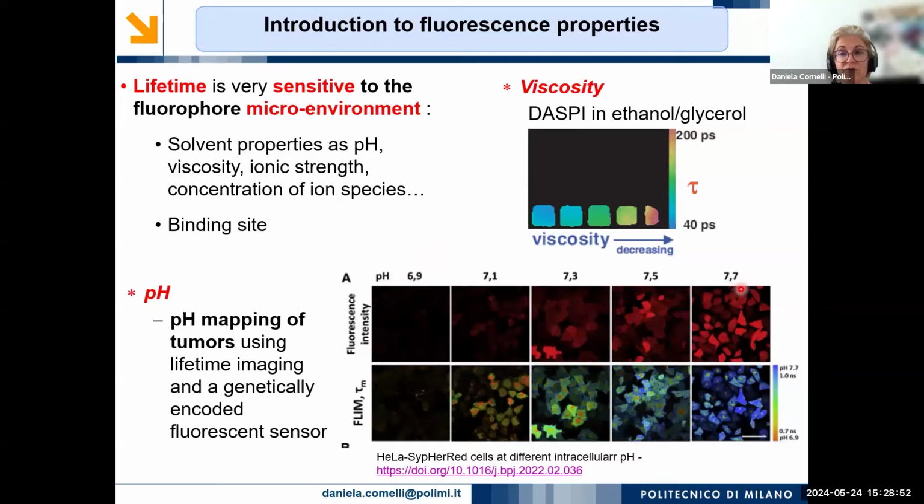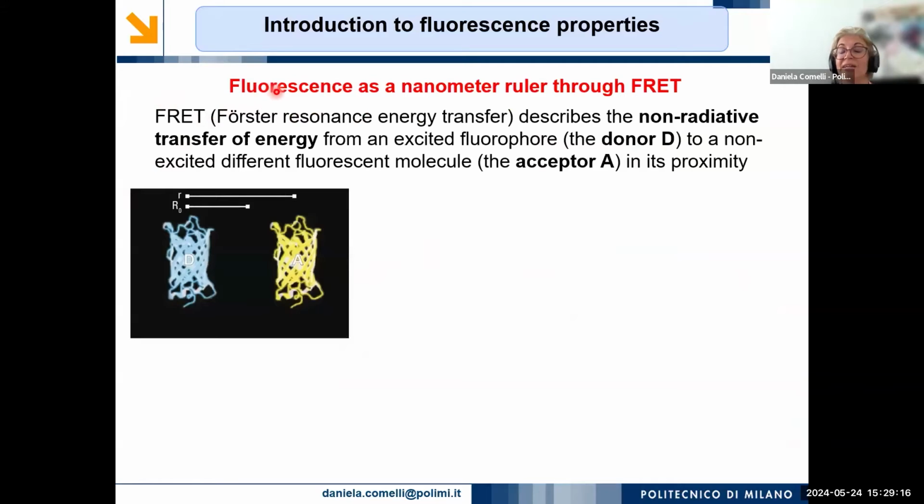And so here we have an example of tumoral cells characterized by different pH values that display a fluorescent emission. But more interesting, if we look at the lifetime map, we see that at variable pH, we detect different lifetime values. And so again, we can probe the pH of our microenvironment. Another very interesting property of fluorescence lifetime, of fluorescence in general, is a phenomenon called FRET, that means Förster resonance energy transfer. That is very useful because it can be used to probe the nanometric distance between two